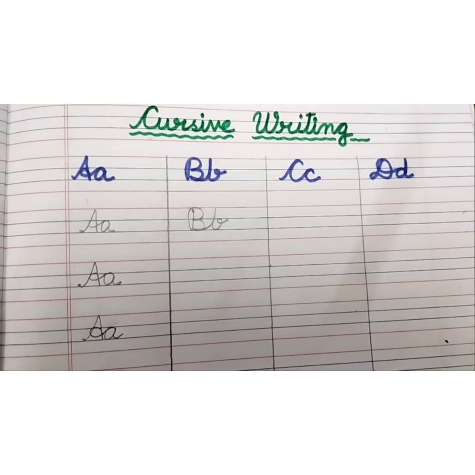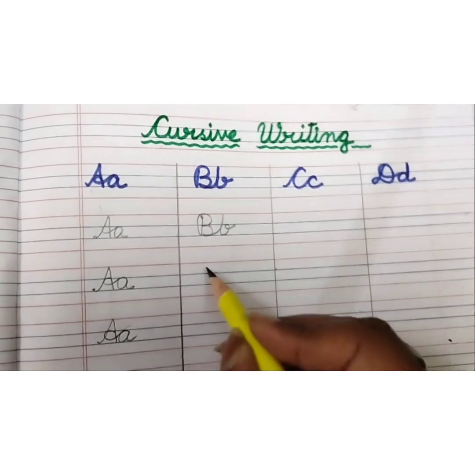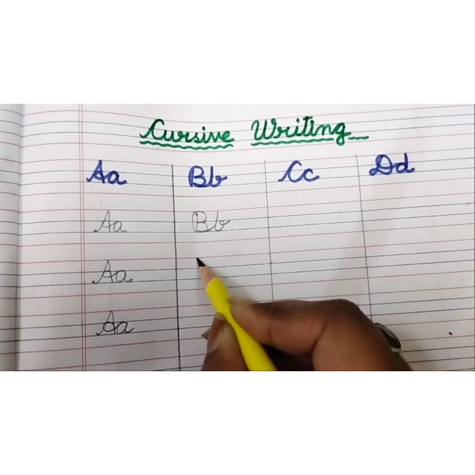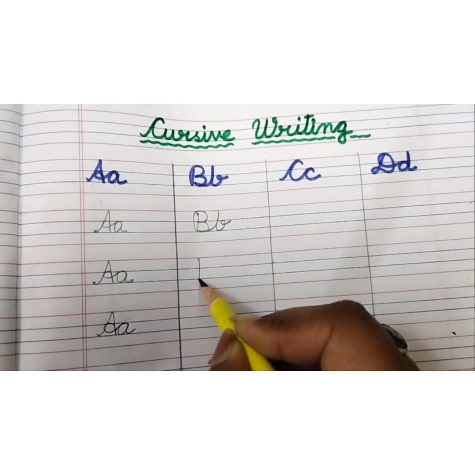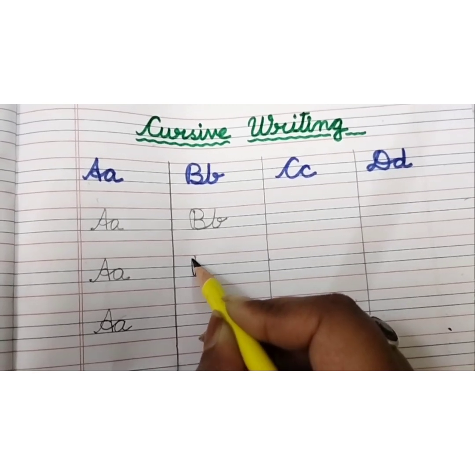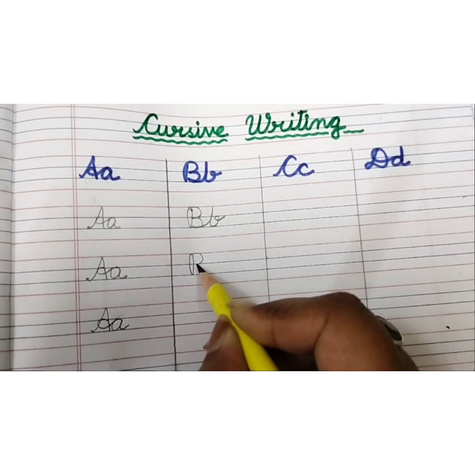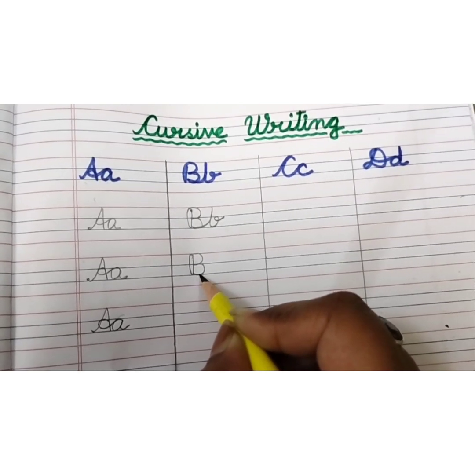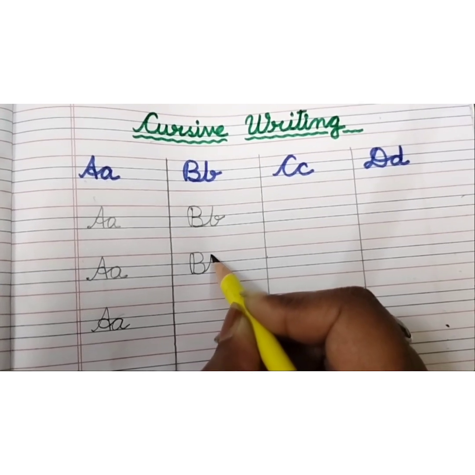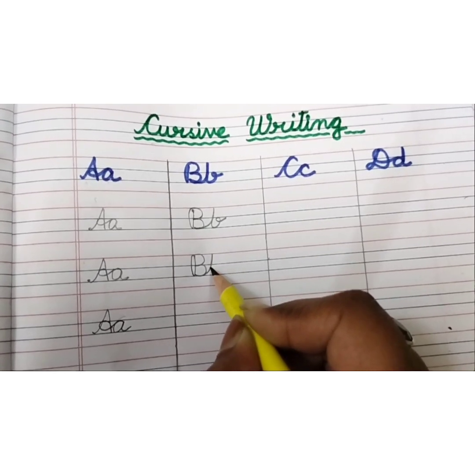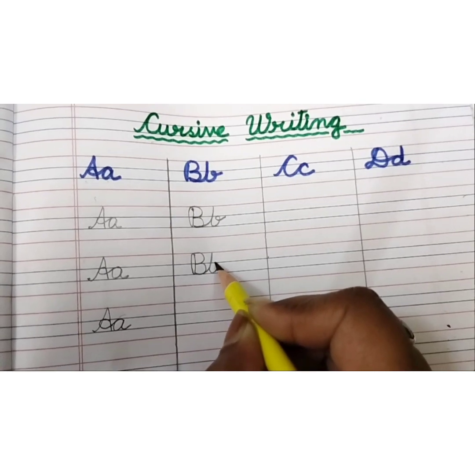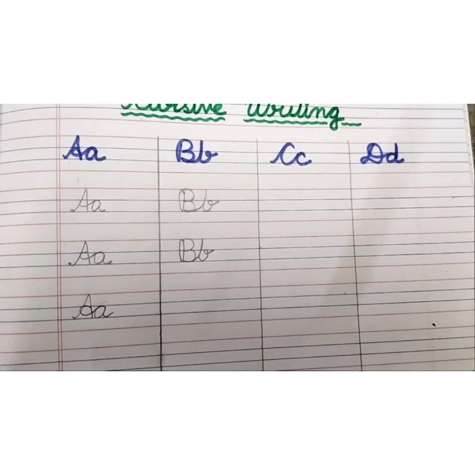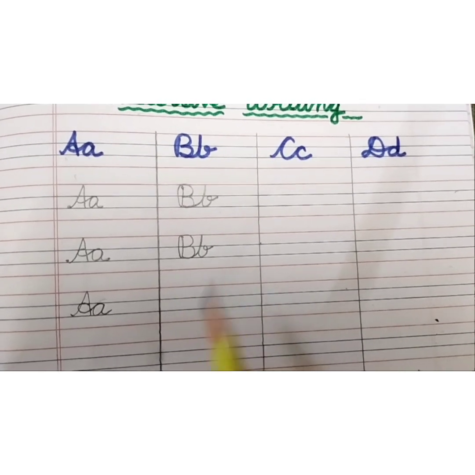Now children, let me show you again how to write. Please follow me. From this red line we will come down to the third line, then again we will go up to the red line, then we will come down to the second line, then third line, then again from here I will join and I will go up, then again I will come down. In this way I will complete writing capital B and small b.